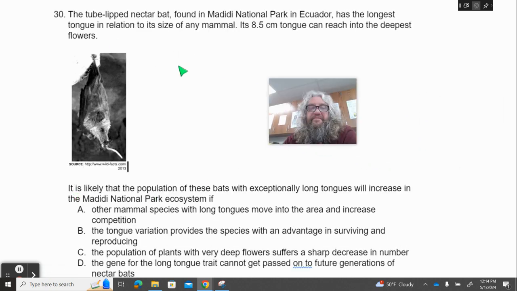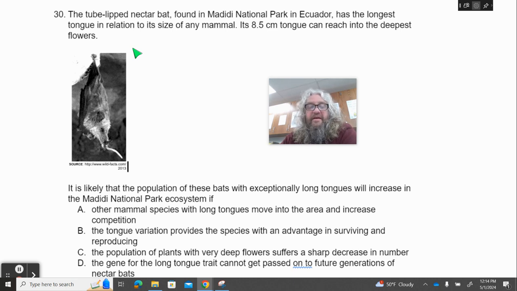Number 30, the tube-lipped nectar bat found in Madidi National Park in Ecuador, has the longest tongue in relation to its size in any mammal. Its 8.5 centimeter tongue can reach into the deepest flowers. It is likely that the population of these bats with exceptionally long tongues will increase in the Madidi National Park ecosystem if